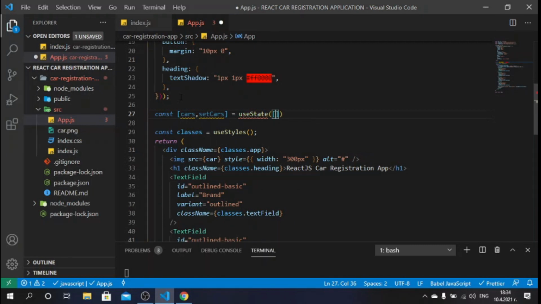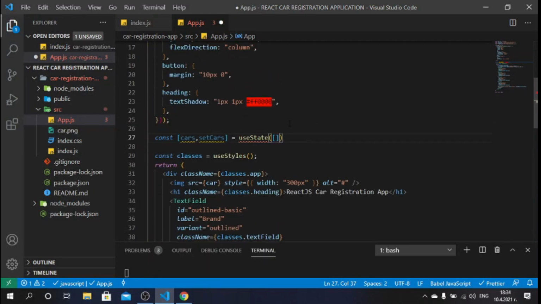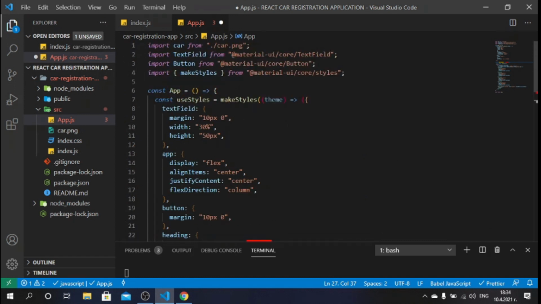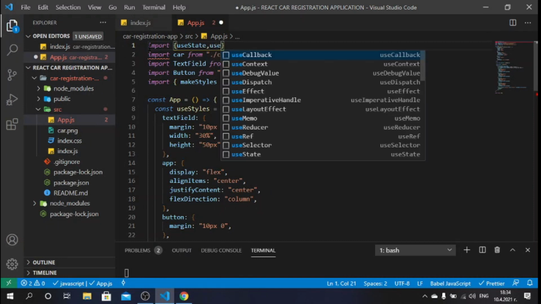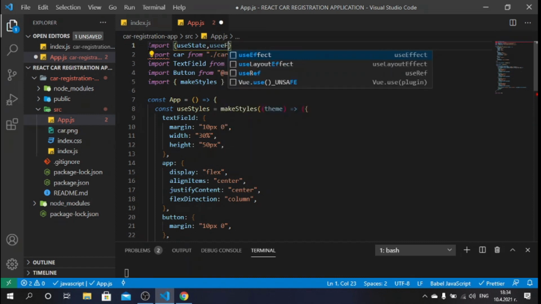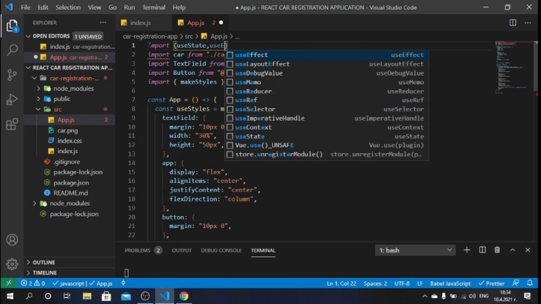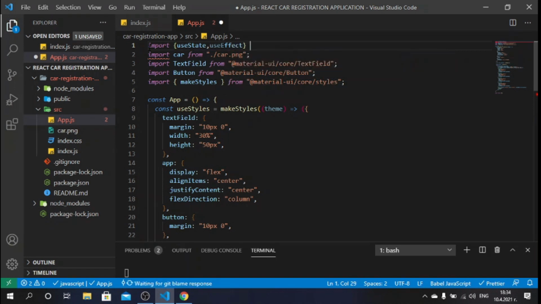And initially that will be an empty array, but before that we can import useState from React. So up here I can say import useState. Also we'll be using useEffect as a hook. So I'll import useEffect from React,